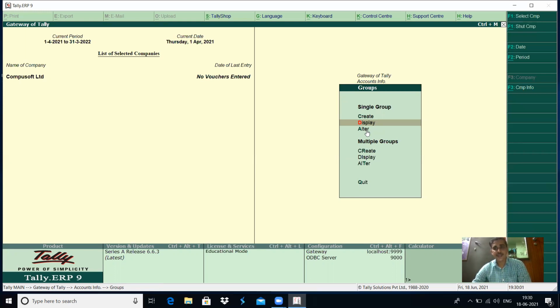You just have to create the ledger accounts and classify them among these 28 predefined groups. Apart from these, if required, Tally provides the option for creation, alteration, and deletion also. In the next class, I will tell you how to create, alter and delete the groups. After this, you have to go for creation of ledgers, by taking a problem.